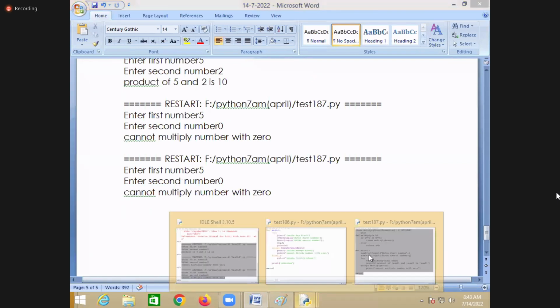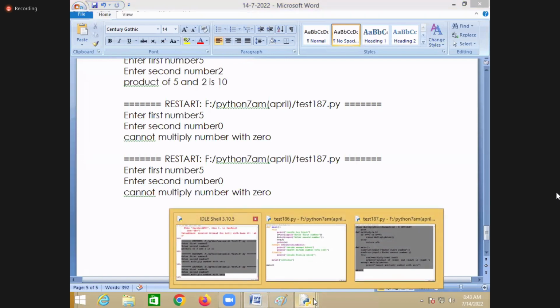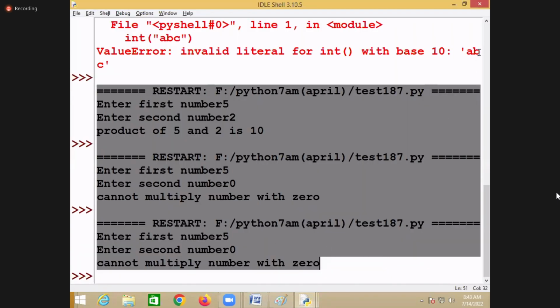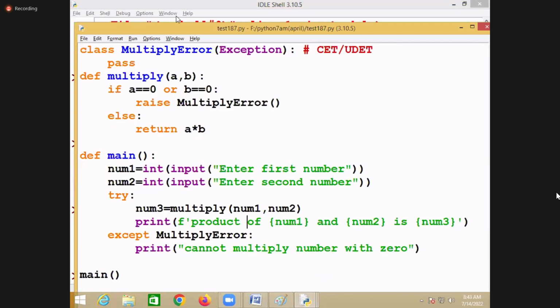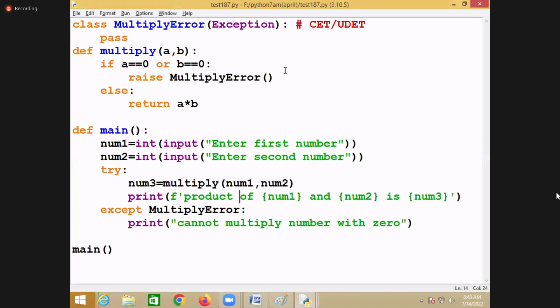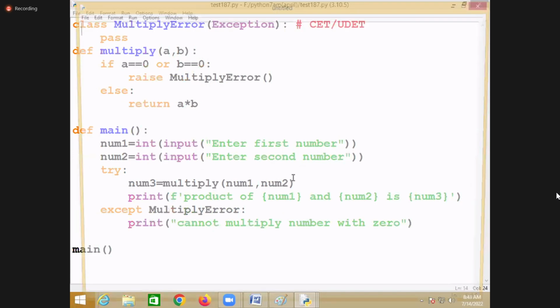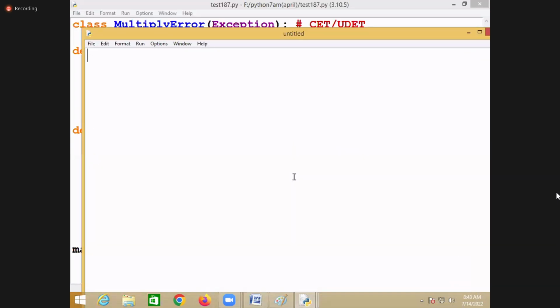Okay, right. Now this is how you build your own exception class. For example, with a simple application, you can build your own exception types.